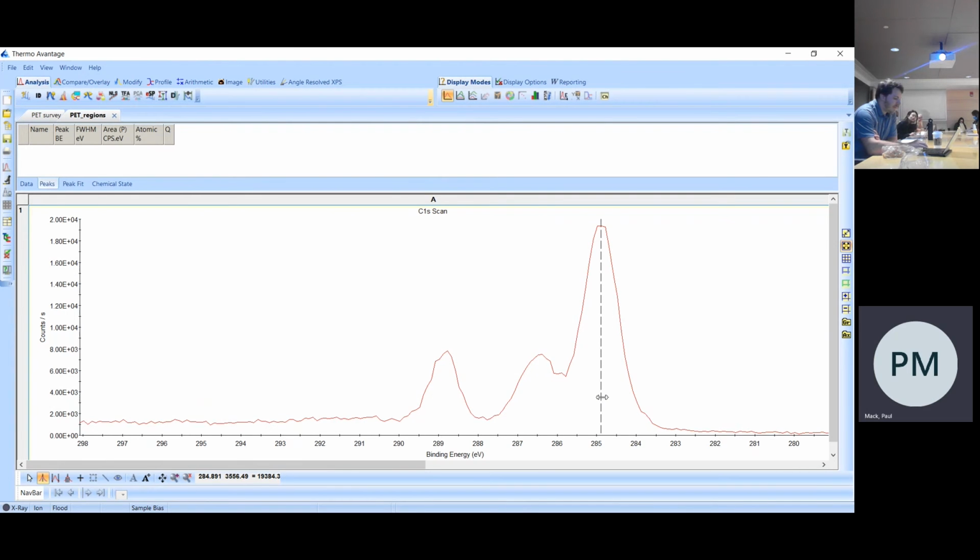This is where the real skill and most of the difficulty comes in with XPS. Processing the survey spectrum, as we've just seen, is quite trivial. Processing the high resolution data to understand the chemistry, that is the real skill of XPS. And this is where you get the most benefits from XPS, but also where often you can get the worst